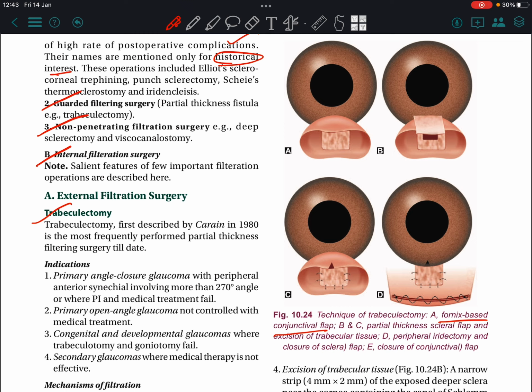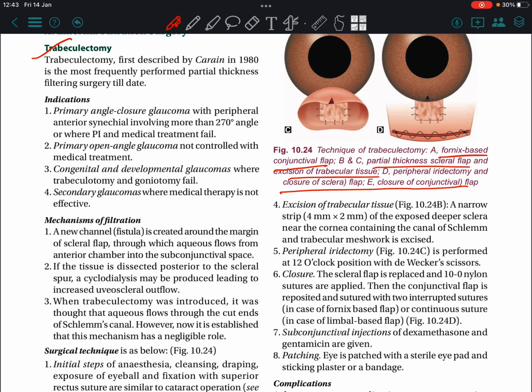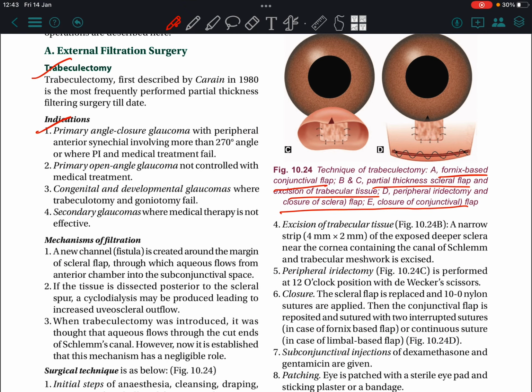B and C: partial thickness scleral flap and excision of trabecular tissue. D is peripheral iridectomy and closure of flap. E is closure of flap. Mechanism. Indication: primary angle closure glaucoma with peripheral anterior synechiae involving more than 270 degrees